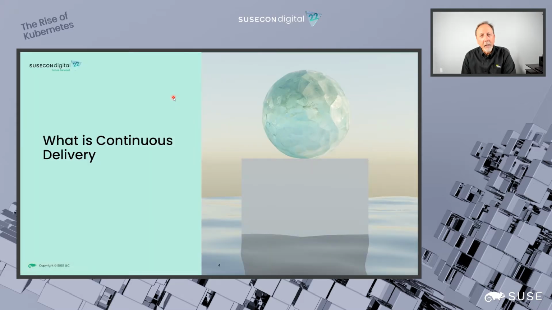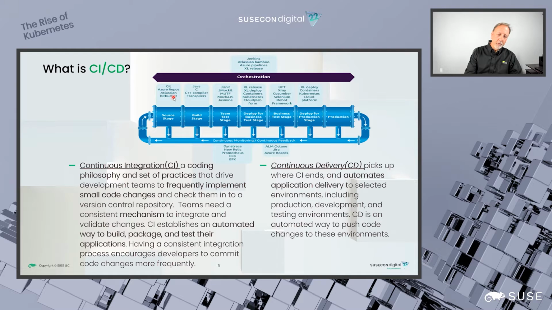So let's take a look at what continuous delivery is. Let's get to know it and understand it. In order to understand continuous delivery, we need to take a look at what it is a part of. So you'll notice that up here I've got this CI/CD definition. I usually spell things out, but you'll rarely see it spelled out. It's almost always CI/CD because there's just way too many letters. But CD is part of the CI/CD